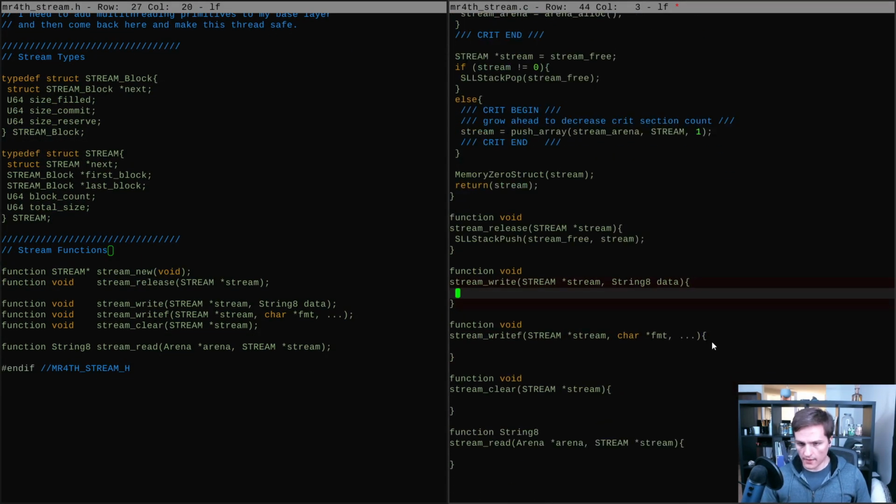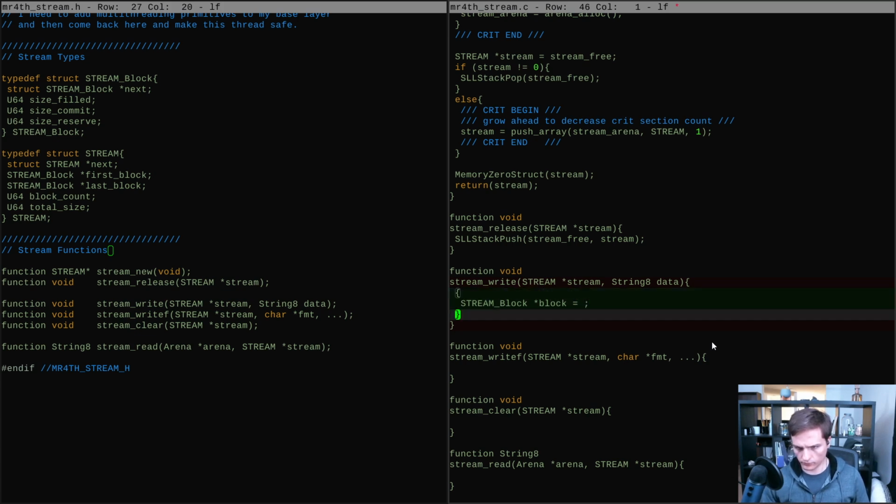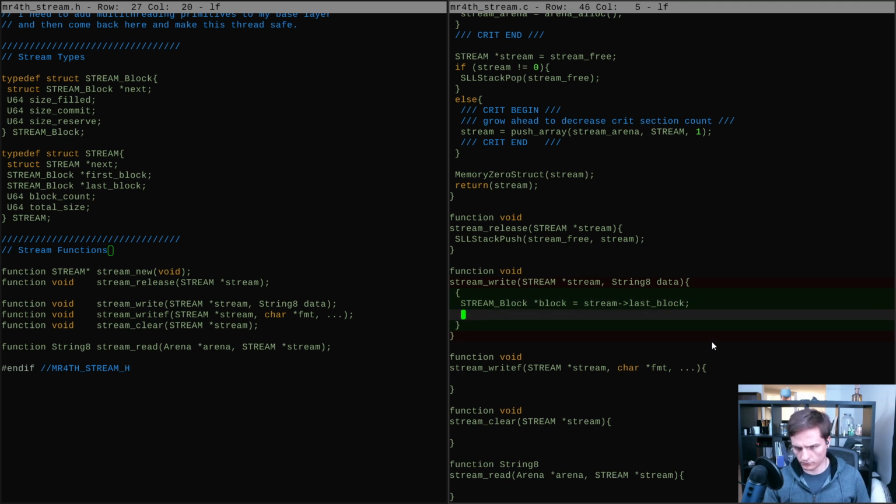Okay, and so then when you go to write to one of these, the way you'll do it is you'll get a current stream block. If that block is 0, or if that block is filled,